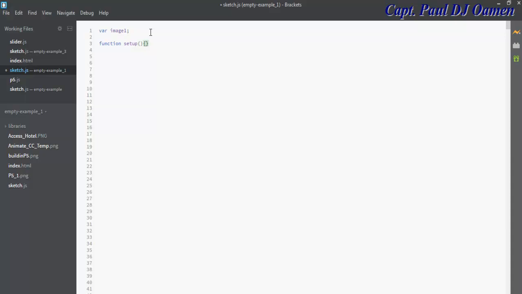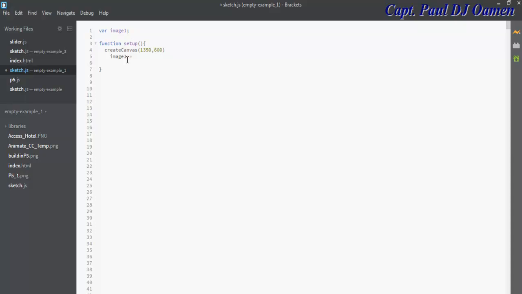Okay, so the first thing I'd like to do before calling all of these components is make sure you guys have your curly braces though. So let's declare my canvas. So that's going to be the width and height, 1350 by 600. Then the next thing is, see, my variable image1